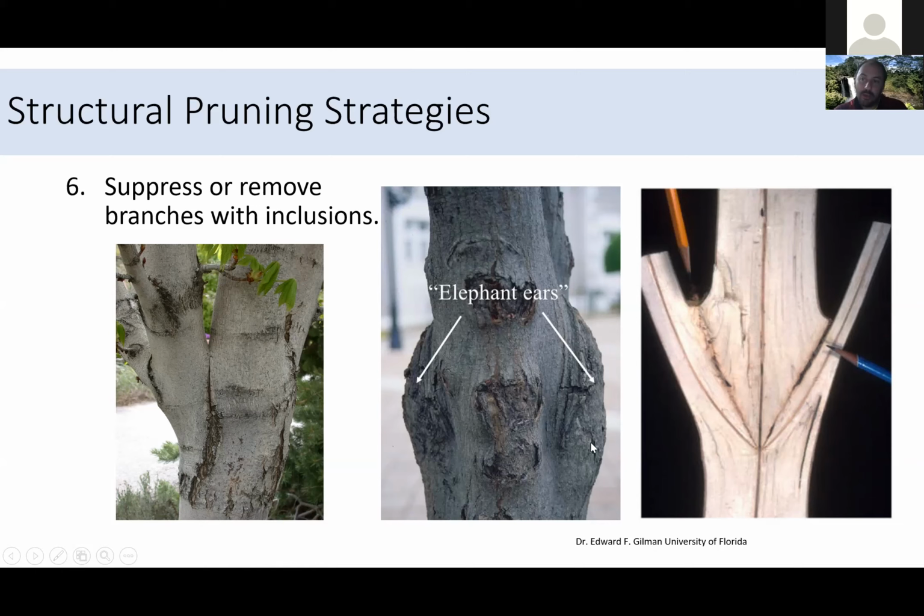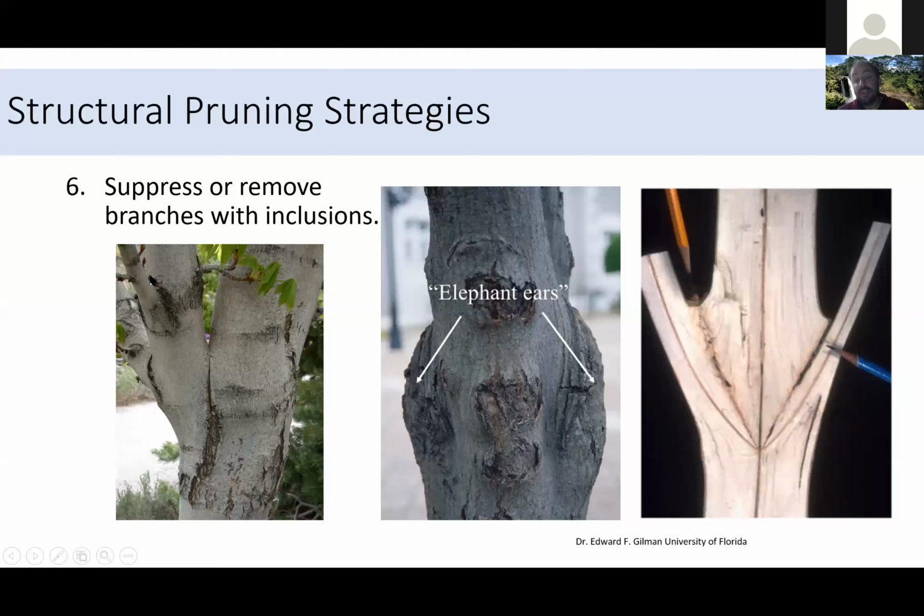If you can't split the log like this, you can also sometimes find inclusions by looking for these elephant ears. This is just tissue growing over the inclusion, the tree trying to enclose it. And then the wind blows and it breaks, and the tree tries to enclose it, and the wind blows and it breaks, and you get this buildup of callus tissue around the inclusion. Or sometimes you can look for rolled bark. So this right here where my cursor is circling, there's bark included in this union as well, and you can see the bark just kind of rolls into the union instead of having a furrow like there is down here. So the only thing connecting these two branches is the wood down here.